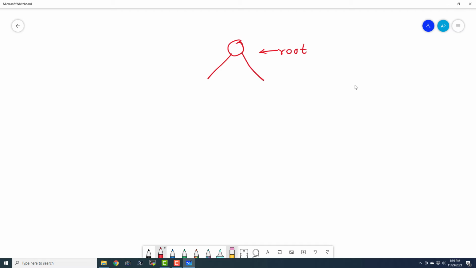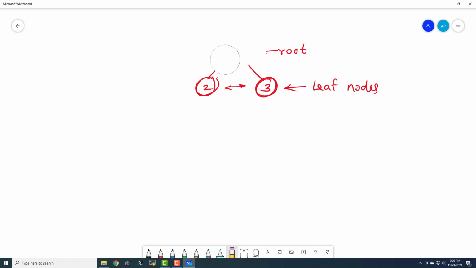And this is an example of a simple binary tree. So 1 is the value, 2, 3. Now these are known as leaf nodes because they do not have any children. Okay, and the parent of these leaf nodes is 1 and the children of this 1 is 2 and 3, and 2 and 3 are known as siblings. Now this was actually a very simple example.